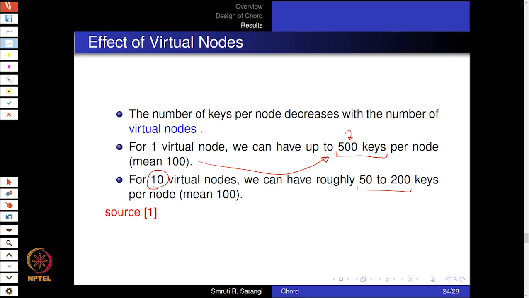So here we have roughly 50 to 200 keys per node. Kindly hang on to this concept of virtual nodes, it is very important. It will be used in the third part of the chapter when we discuss commercial networks, because they also use virtual nodes for exactly the same reason. So this is used as a load balancing technique, as a load balancing trick, to ensure that even if we